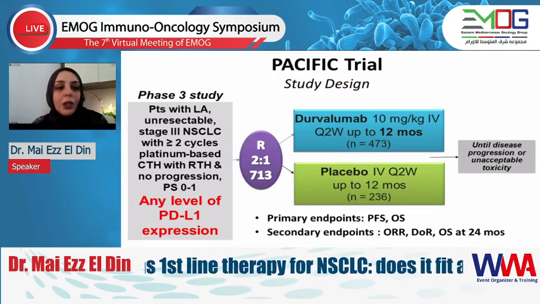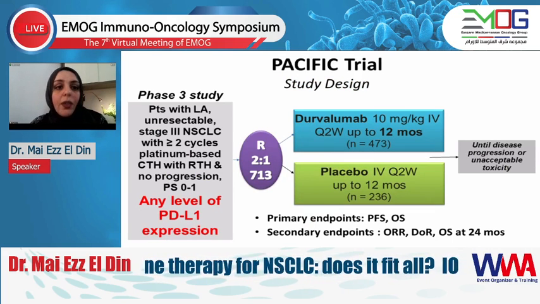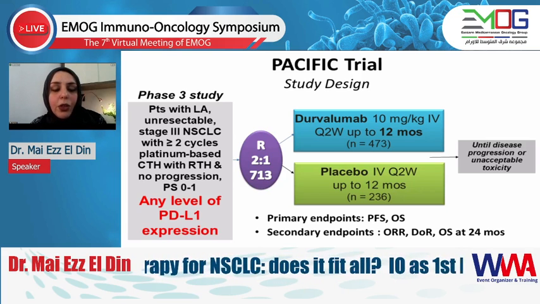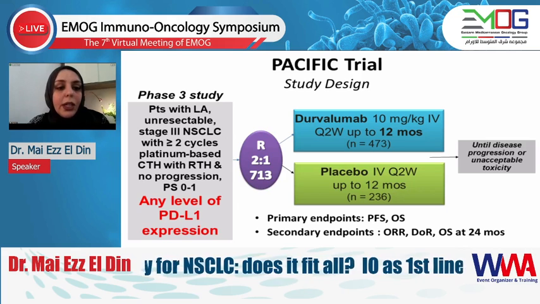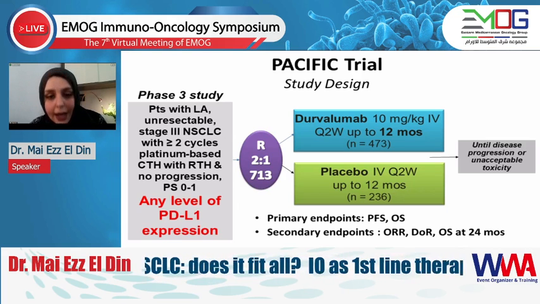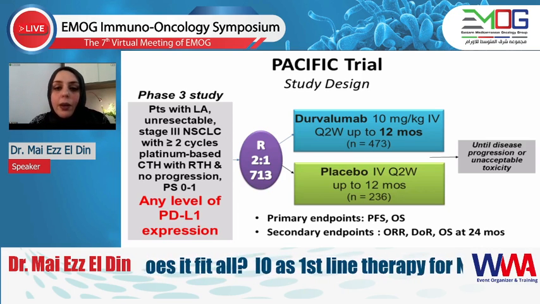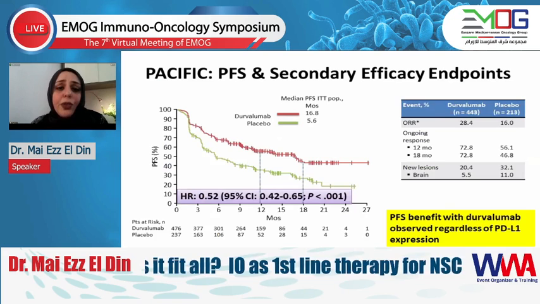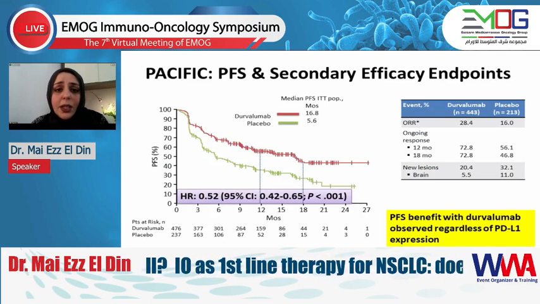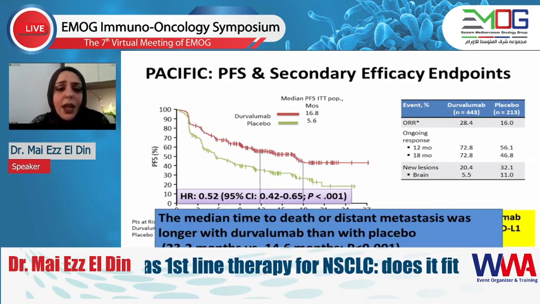And it took patients with locally advanced unresectable stage 3 non-small cell lung cancer. They had to have received at least 2 cycles of platinum-based concomitant chemoradiotherapy. As you can see here in red, any level of PD-L1 expression was allowed, and maintenance durvalumab was given for a year. And the progression-free survival tripling, 16.8 versus 6 in the preliminary first reports back in 2017, and almost